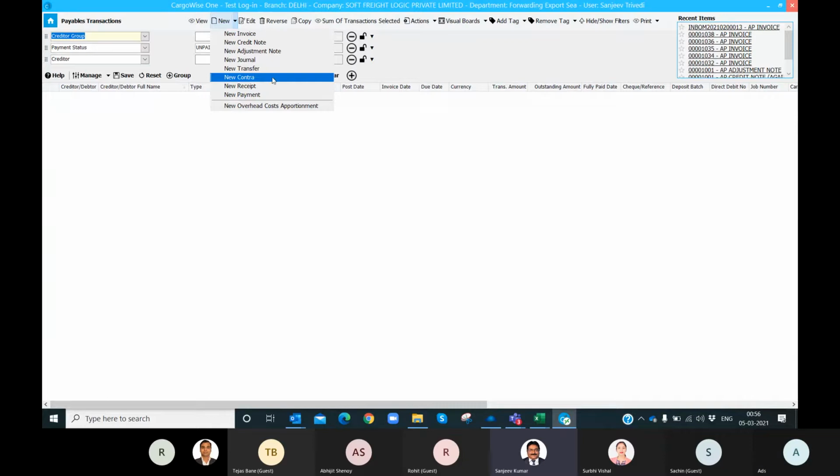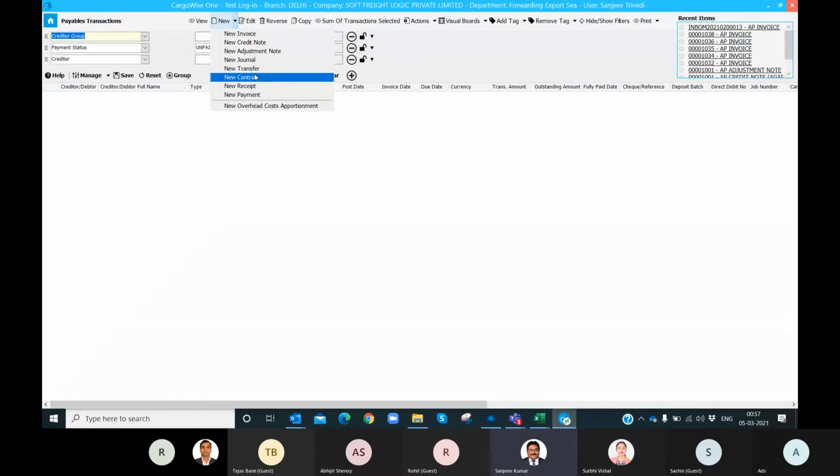Or basically, suppose one party is there and there is a certain settlement with another party, and for their outstanding dues, some other party has to be paid. So that kind of entries can be passed here. It will not actually transfer the invoice from one party to another.